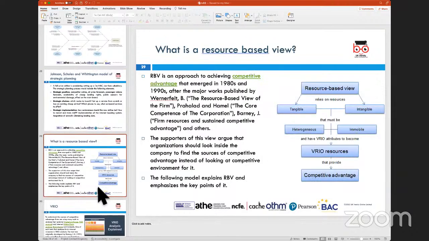The second model that you would look at is resource-based strategy. Now, this is an approach which emerged in the 1980s, and it is supportive of the fact that when companies look at resources, all resources are finite. That means there is nothing in abundance. Everything is finite. So whether it's financial resources,